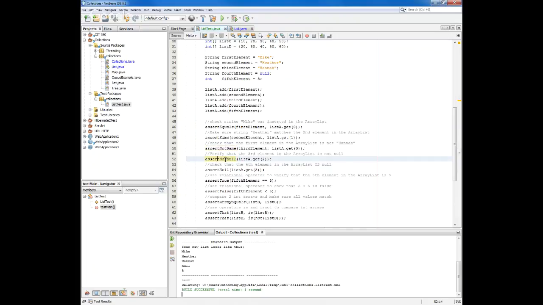Same thing with assert not null. So we're just going to check to make sure whatever I have stated here is not a null string. So we're looking at the third element in my array, which I've set equal to a string called Hannah. So that test is successful. We could make it fail by making it null. So let's see, I set fourth element equal to null, so that would be a number 3 here. So if I save that and run it,